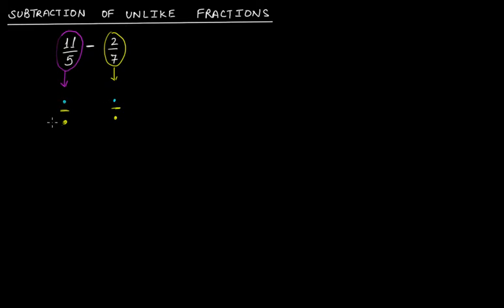And to find that, the first step will be to find the LCM of the denominators, that is 5 and 7. If you try to find the LCM of 5 and 7, that I leave you for your homework. So if you try to find the LCM, this will be 35. Next step, the second step, you have to find the equivalent fraction